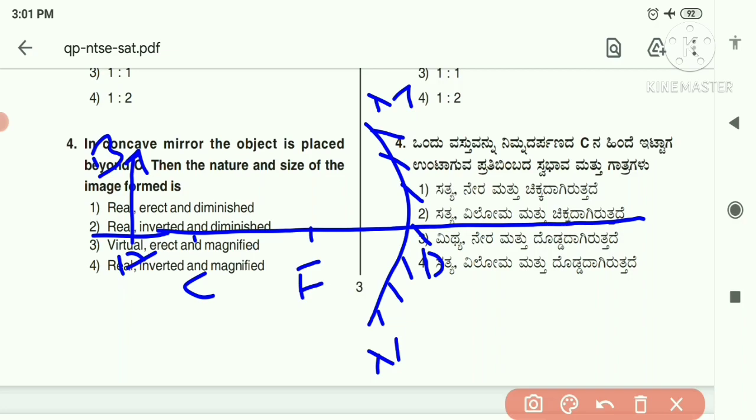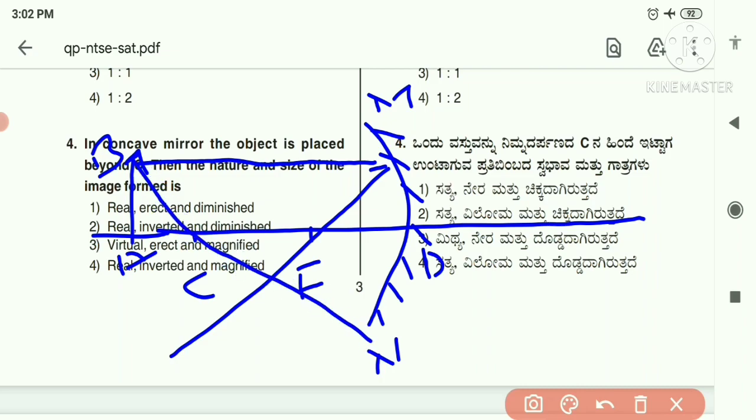Here I am marking this ray of light in the directions, and it will merge at the F condition, and also the center of curvature like this. Okay, like this. This one is A dash, and you can say B dash.